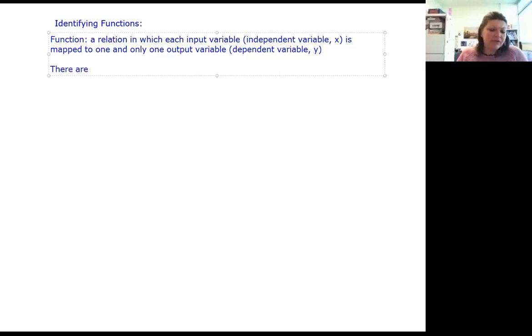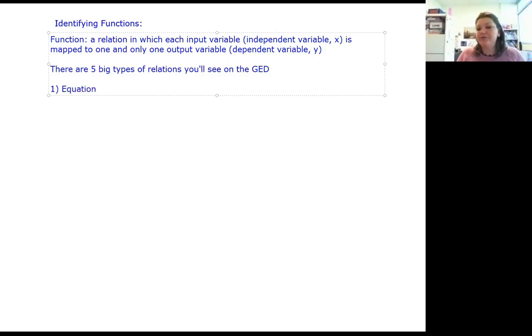There are lots of different types of relations, but there are 4 big types of relations you're going to see on the GED. Maybe I should have said 5 because you can actually see word problems. Okay, so let's take a look. You might see a relation in an equation. And what you're going to notice when it's in equation form is that there are 2 letters. For example, I might see the equation